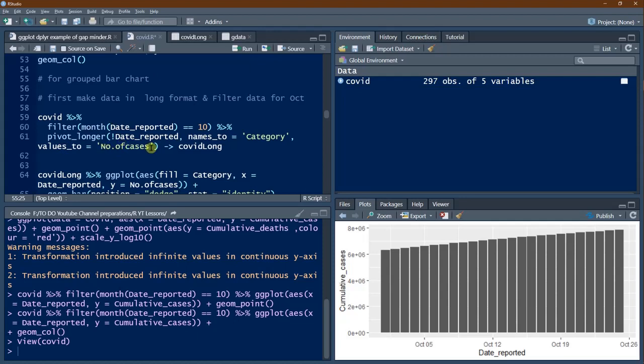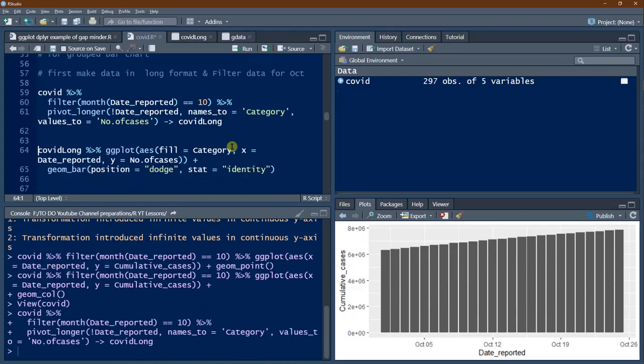So all these 4 columns will be made into rows with category reporting the 4 individual column heads, and the corresponding values will go in number of cases, and that is to be stored in COVID long. So we will just do it, and COVID long is now 100 observations of 3 variables.